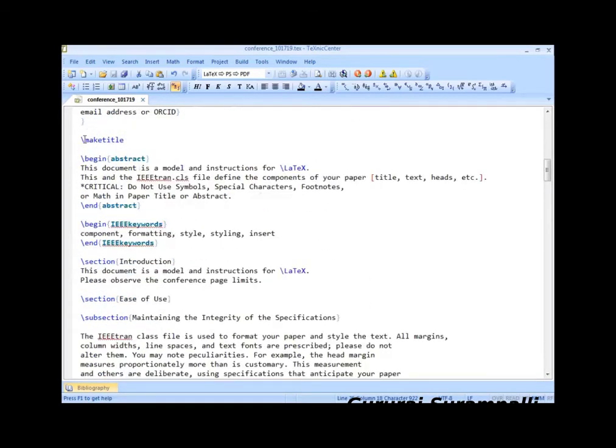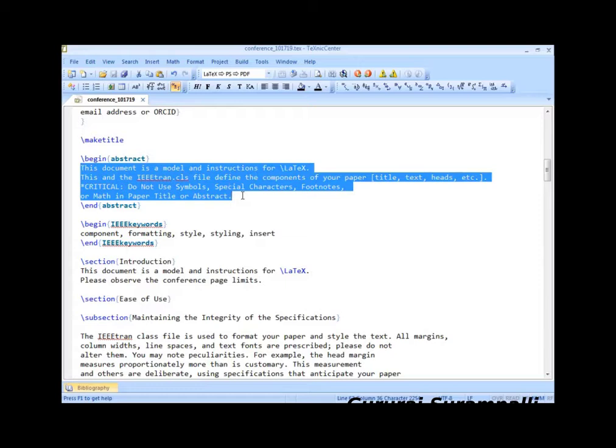Next, make title is a code which gives the title, and then your document starts. You can see here, I just write abstract. Abstract means the abstract part of the document, and you can type your abstract here, and you can mention the keywords.